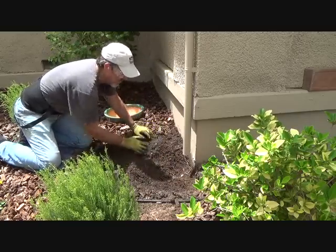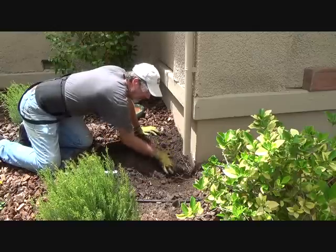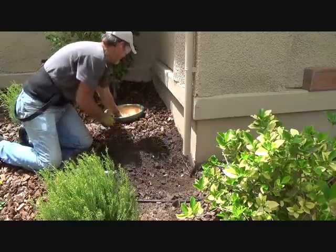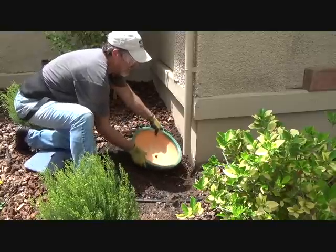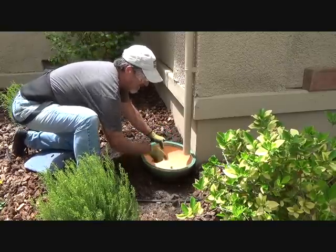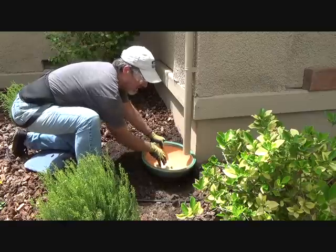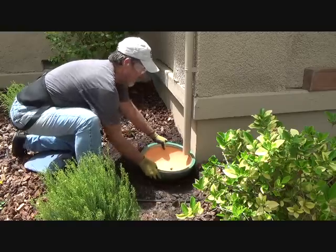See how high it is over here? This is the down slope over there because when the water hits that, the idea is in this pot, the pot's got holes in it, remember? It's not like I'm going to put this pot here and it's going to fill up with water and then it's going to go out. We don't want that. We want it to go down through the bottom. I mean, in a heavy downpour, yeah, some of it's going to come up and over and out. But